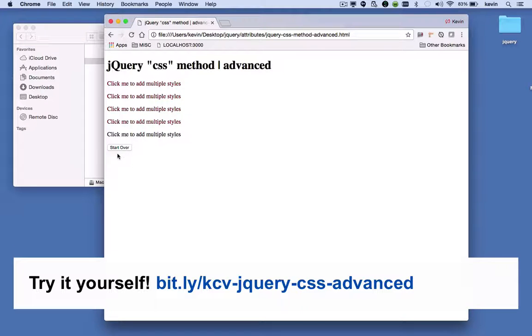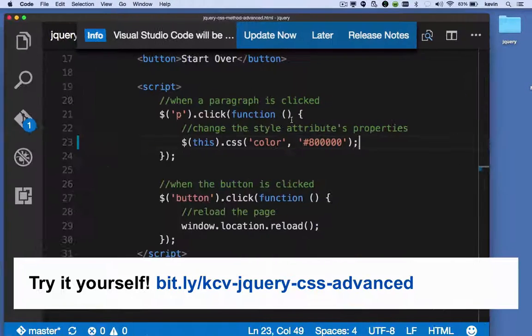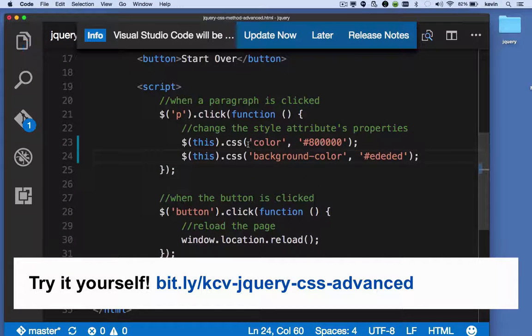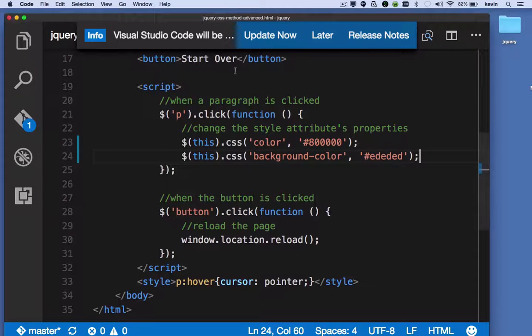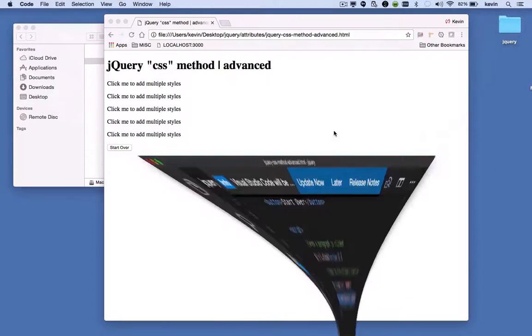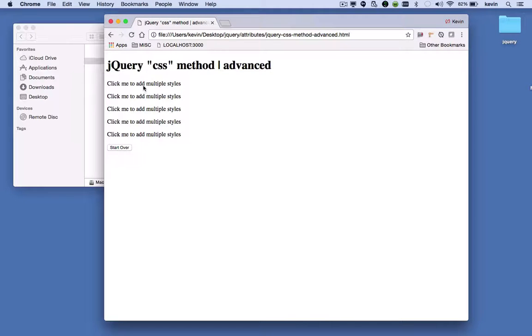as you can see. But let's just say that I want to change multiple attributes or multiple CSS properties. So then I might do something like this. I would call the CSS method twice, and so here I'm changing the color to, as we mentioned earlier, and then I'm also changing the background color. So then if I were to try that example again, as you can see, now there's two CSS properties changing